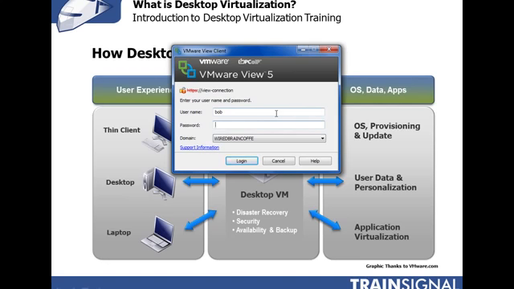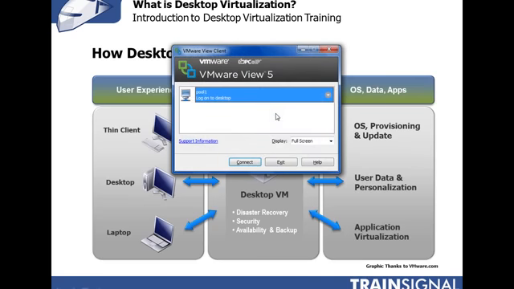Just like the typical desktop PC here, I'm prompted for my Active Directory username and password. I'll log in as Bob. And then I'm given a list of desktops or desktop pools that I have access to. By the way, as an administrator, I could also configure them to automatically be directed to a pool and not have a choice here. So I have one pool, and actually it just has one desktop in it at this point in my lab. So I'll just click Connect,